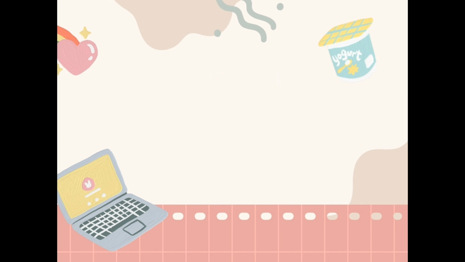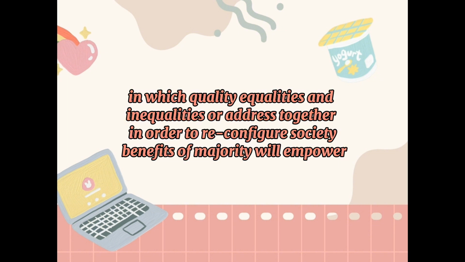methodology. It yields an approach that puts people first, that does not isolate or privilege particular sectors, that places subjugation alongside poverty as social evils to be overcome, not simply alleviated, an emancipatory concept and practice of development in which equalities and inequalities are addressed together in order to reconfigure